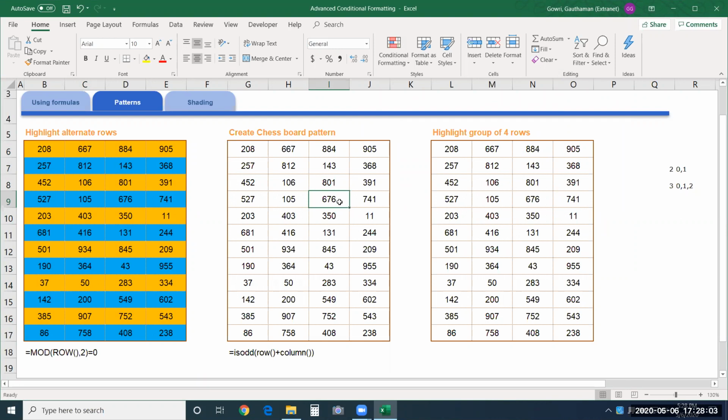You can do the same with columns as well. If you have to highlight different columns, instead of row function, you can also use column function, and it will work in the same manner. Okay. Now here, using